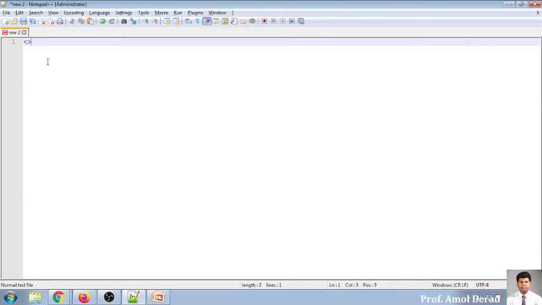Now, whenever you are starting anything in HTML5, it is always expected that you first write the doc type. You can use uppercase also because it is not case sensitive. So doc type HTML, and before the doc type, there should be an exclamation sign. So it should be like this. The doc type should be the first statement whenever you are writing any HTML5 code.